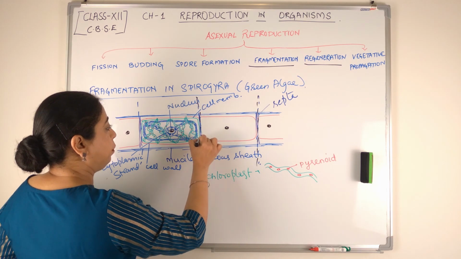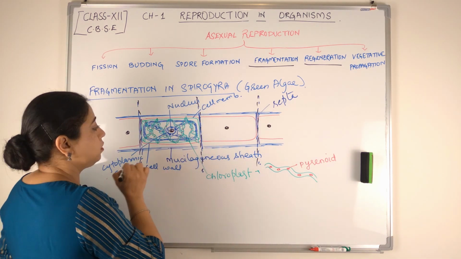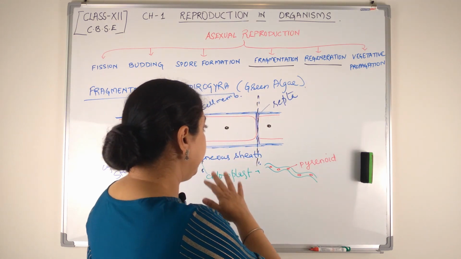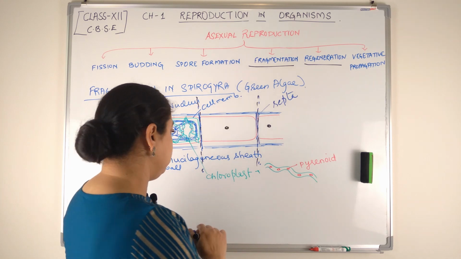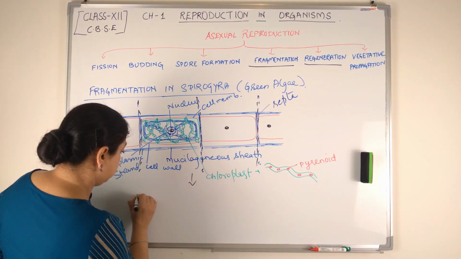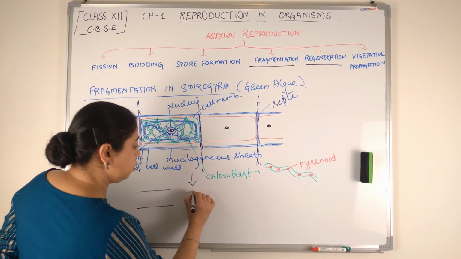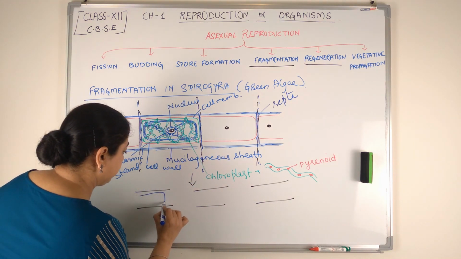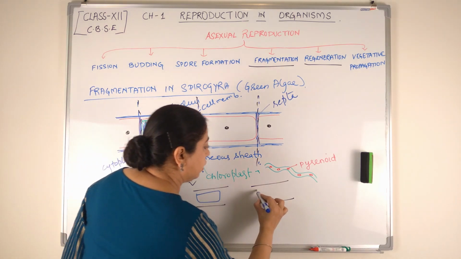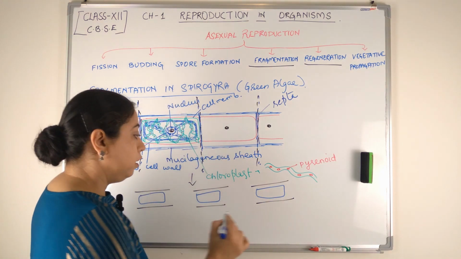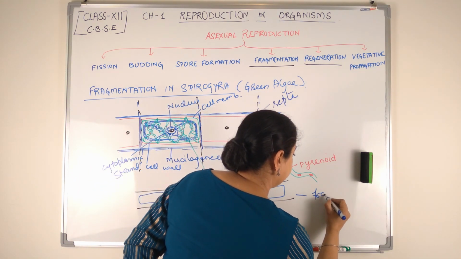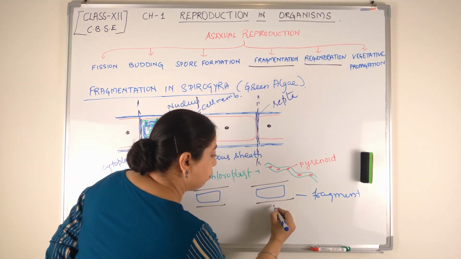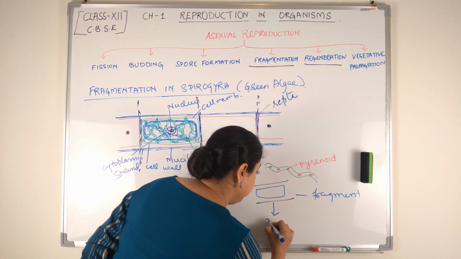The filament will break into pieces along their septa, right? When they break into pieces along their septa, we'll get these kind of structures, tiny fragments. Each fragment is having a cell or a compartment, right? Now each of this fragment, this is one fragment, this is the second, this is third, right? Each of the fragment gives rise to new